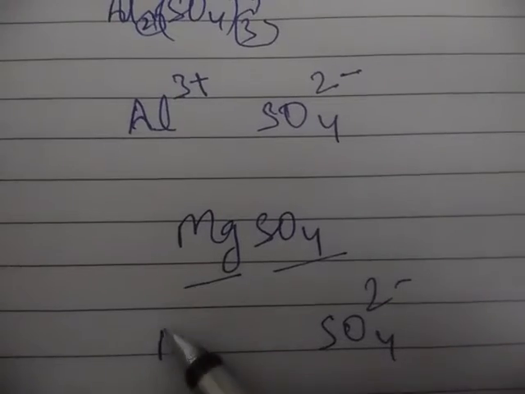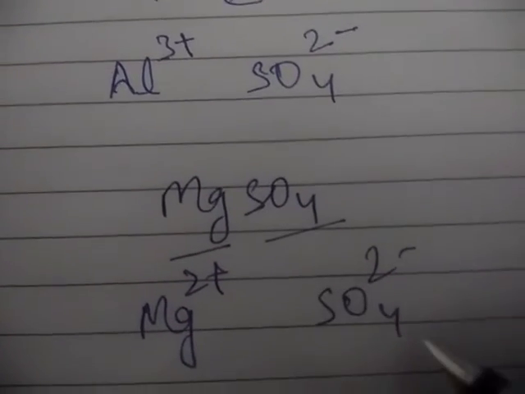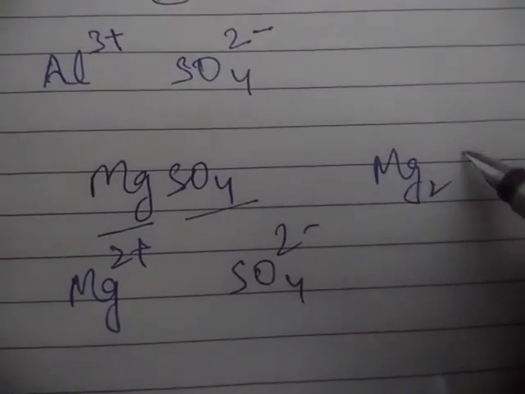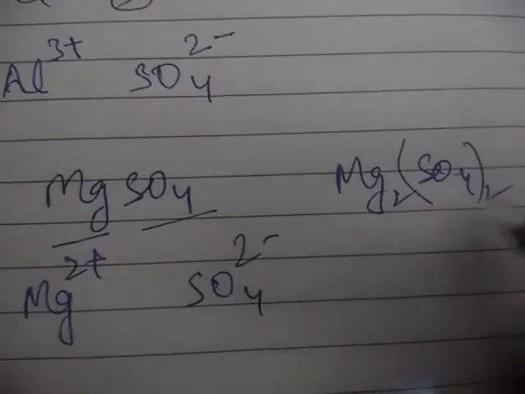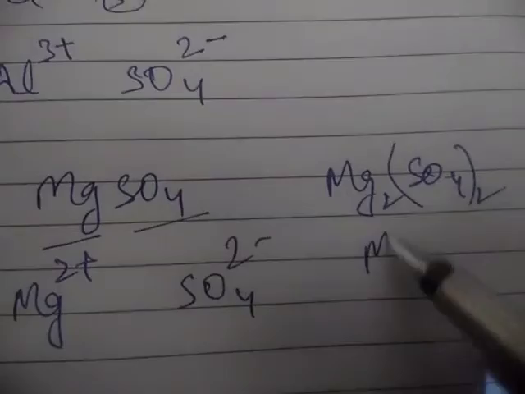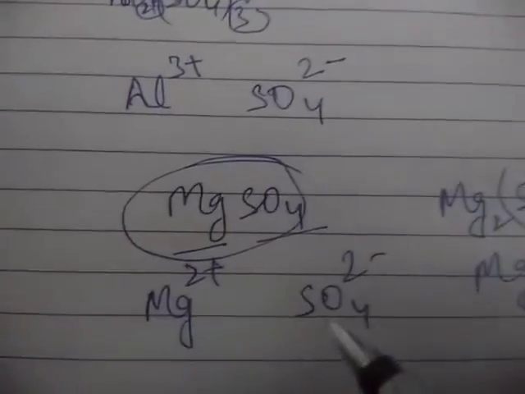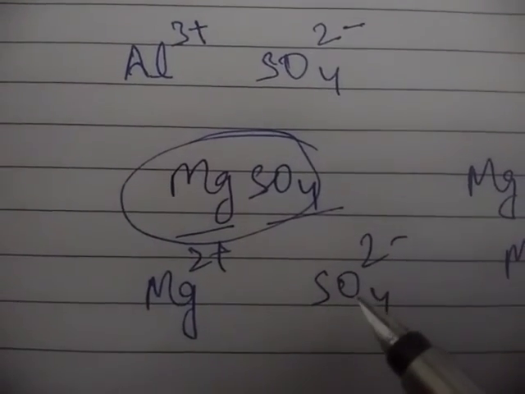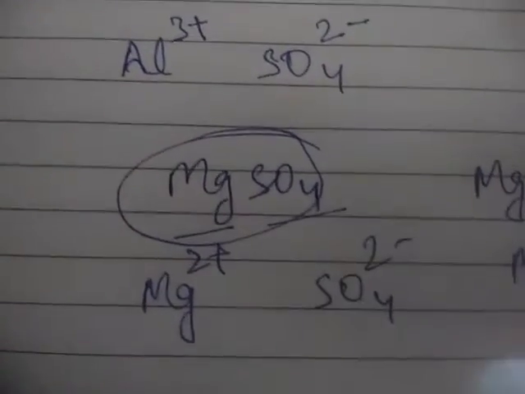So obviously then magnesium will have a charge of 2 plus, because if this 2 plus comes over here and this 2 goes over there, it will become Mg2(SO4)2. Let me just write it, Mg2(SO4)2, and if some common factor is there, we omit that number. So again it will become MgSO4 like this only. So what I wanted to say is that some species we should already know their formula, like sulfate is SO4 2 minus, and Mg should be Mg2 plus.